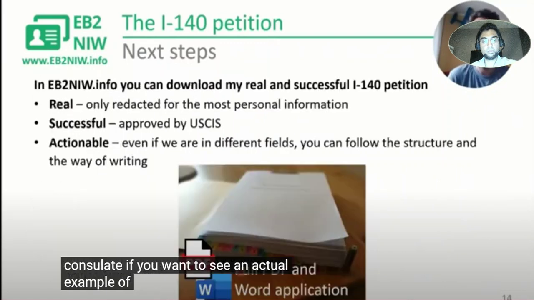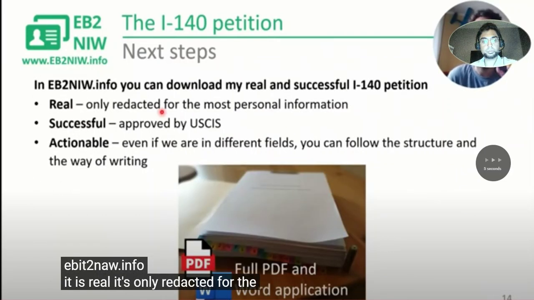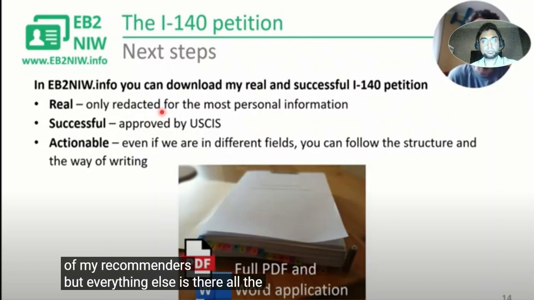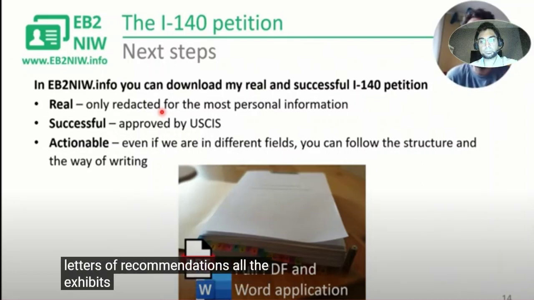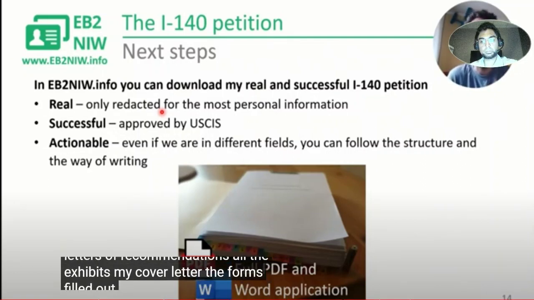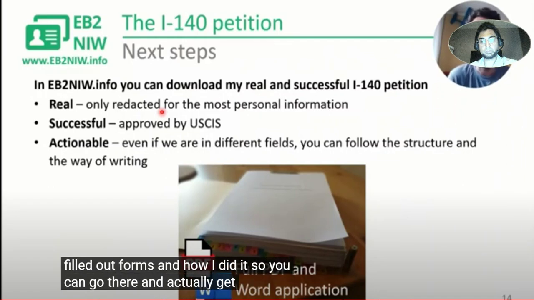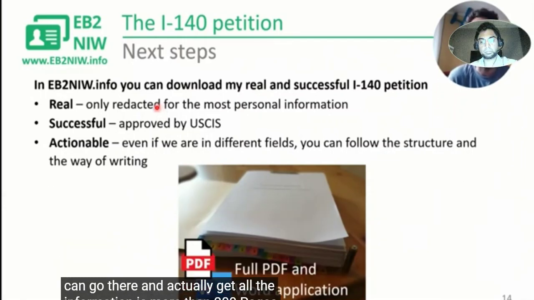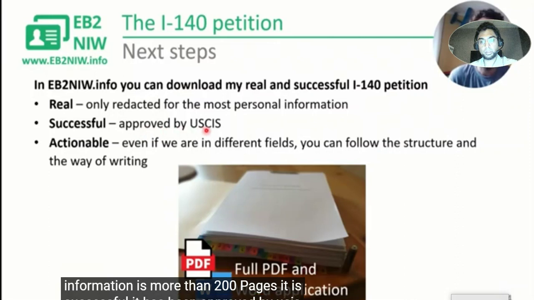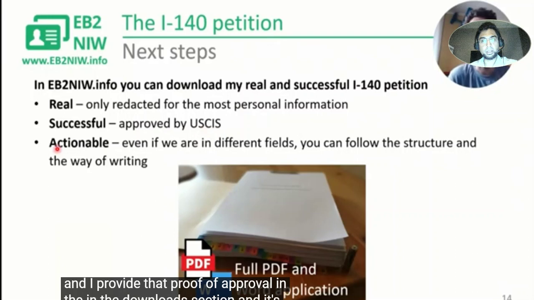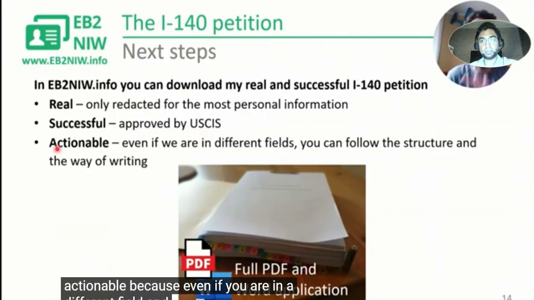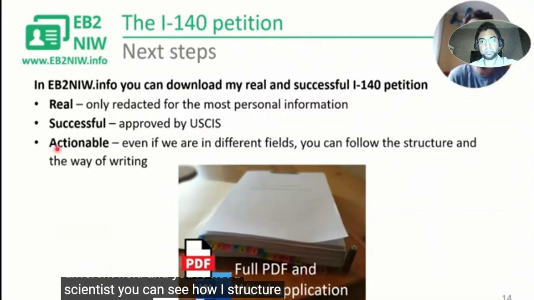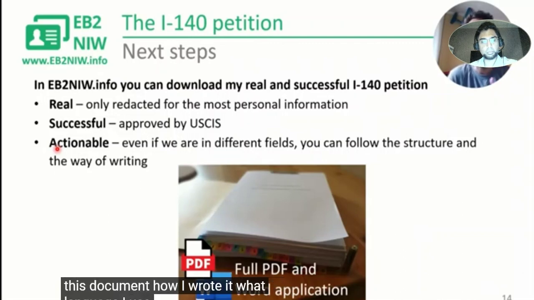You get the full I-140 petition, except for the most personal info, but everything else is there. All the letters of recommendation, all the exhibits, my cover letter, the forms, filled out forms, and how I did it. So you can go there and actually get all the information. It is more than 200 pages. It is successful. It has been approved by USCIS, and I provide that proof of approval in the downloads section. And it's actionable, because even if you are in a different field and you're not a scientist, you can see how I structured this document, how I wrote it, what language I use, and how